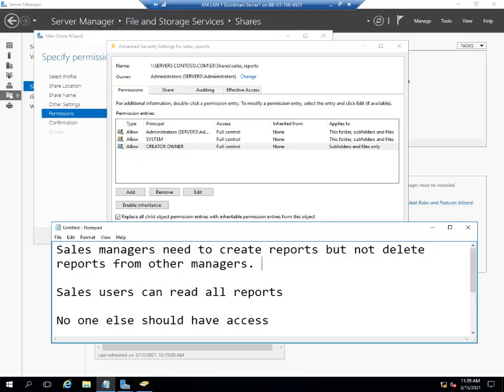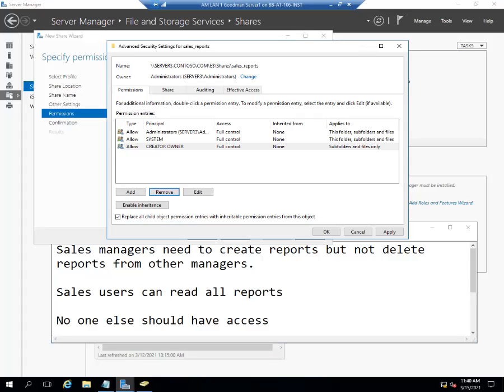That'll be sales managers needs to create reports, but not delete reports from other managers. That's better. They can delete their own reports if they make a mistake. They just can't delete somebody else's. That's what creator owner would allow. The sales manager creates a report, they would have full control to delete the report. But I don't want them to delete somebody else's report. So to accomplish that,